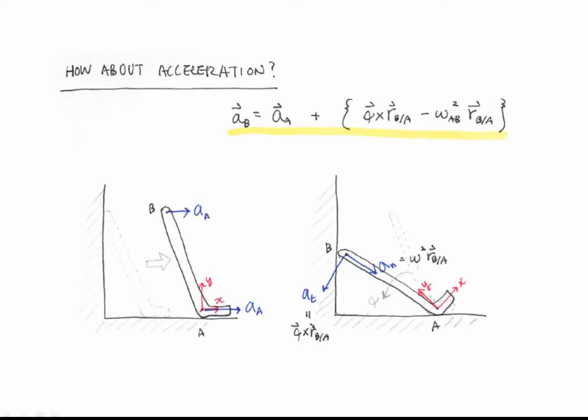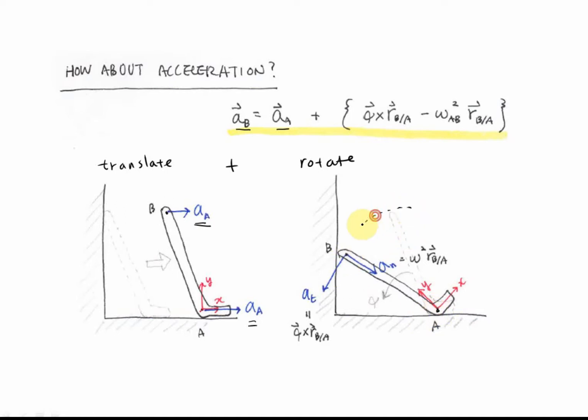Acceleration has the same concept. We interpret our motion as if we translate first, and then rotate about a base point A. Whenever this is a translation, the velocity of any point is the same as A. That's why your VB is equal to VA. After that, you rotate it, as long as you rotate about A,